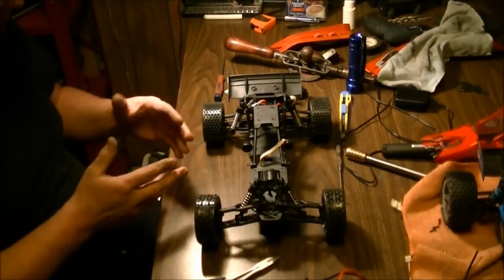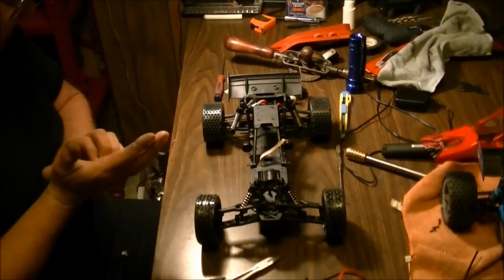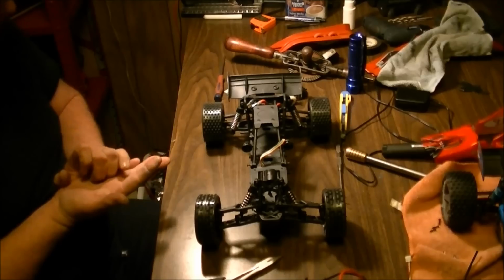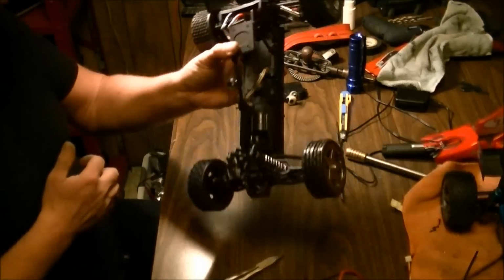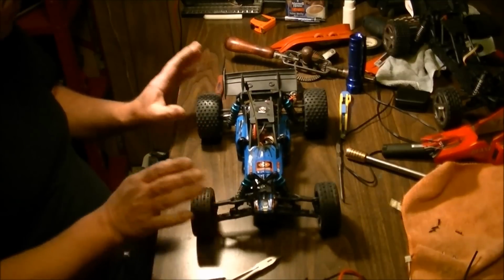It's a great idea. I think it's awesome. I'm sure he's going to be able to pull it off. I may try this myself, like I said, and we'll see what happens. If it does work, then it's definitely going to be the next level upgrade. I'm not going to do it to this one, but when I do it, or if I do it, I'm going to do it to my blue one,